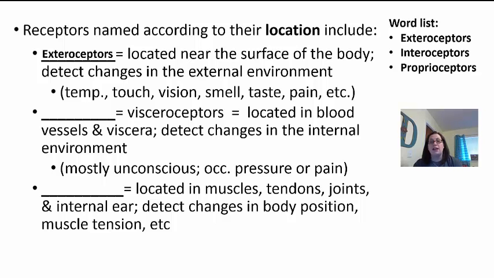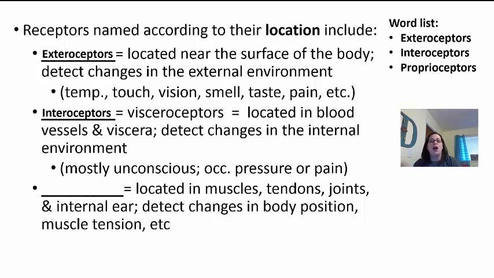On the other hand, if we have receptors located in blood vessels or the viscera, which are the internal organs, these are going to be the interoceptors. They're inside the body. On the other hand, when we look at interoceptors, most of them are going to be unconscious. You don't realize that you're feeling it. Some examples, though, when you do feel it is you might feel pressure or pain. Sometimes when people are starting to have a heart attack, they'll tell you that they feel a lot of pressure in their chest. Then it may turn to pain. That's where their heart is telling them that they're hurt, but they don't feel it until it's a little bit later, okay?